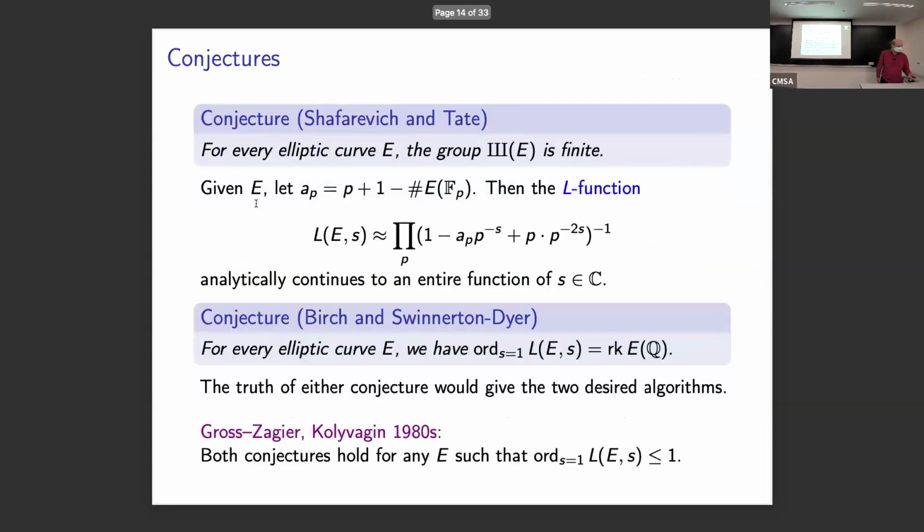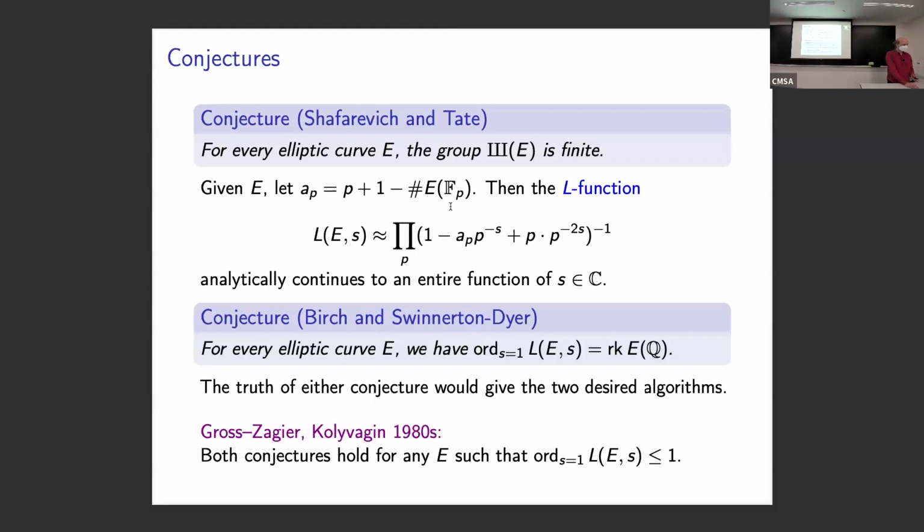So I want to say at least what the Birch–Swinnerton-Dyer conjecture is about. You start with an elliptic curve over Q, given by some equation, y² = x³ + ax + b, and you can assume that a and b are integers by doing a change of variable. Then you can reduce the equation modulo a prime p, which means reducing all the coefficients modulo p, and then you can count the number of solutions to that equation where x and y now range over the finite field F_p, or Z/pZ,